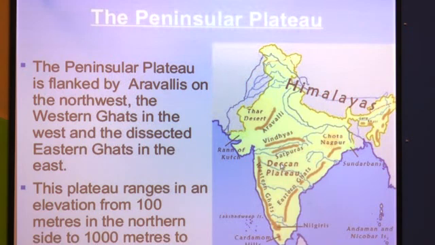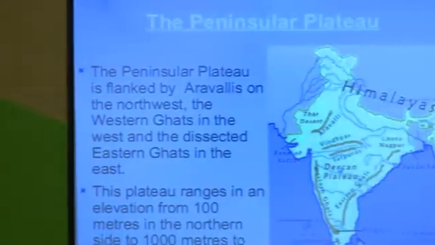So students, we have seen this peninsular plateau map. In detail, we will discuss the peninsular plateau in our next session. We have learned about the northern plain, the second physical feature of India, and third, the Indian desert area. In the next session we will discuss the peninsular plateau, after that the islands area, and then how these physical features attracted tourism and attracted people. About all these things we will discuss in our next session.